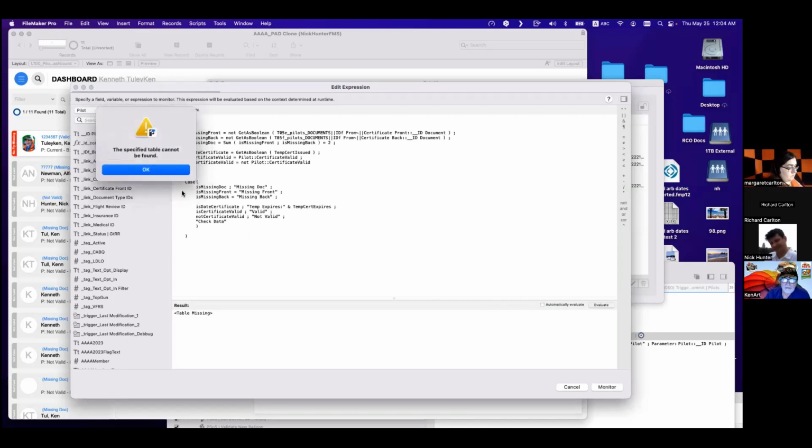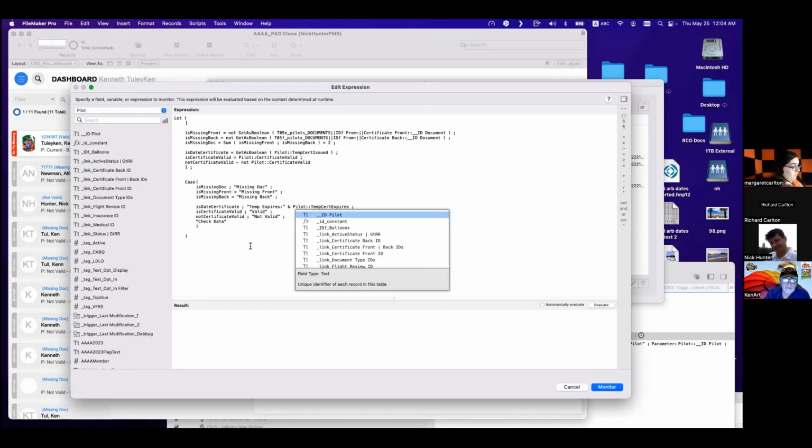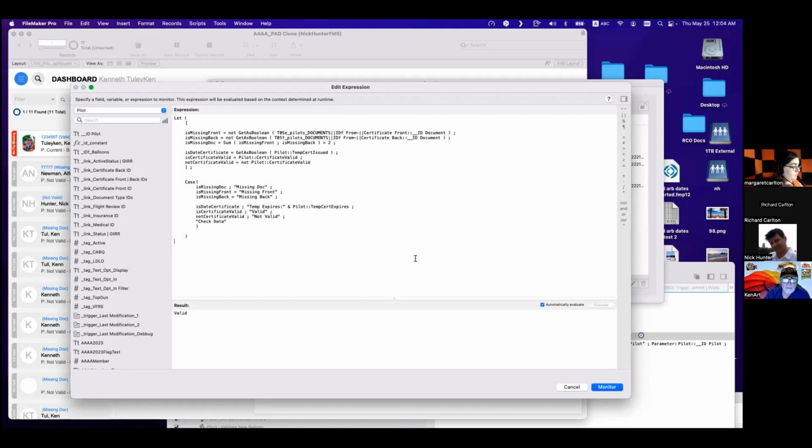Which one is not fixed? Oh, this one. Pilot. Okay, so I think we're good. So it's still saying valid, right? So the calc returns valid.